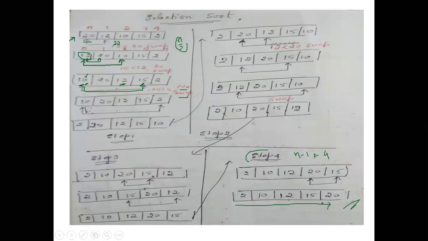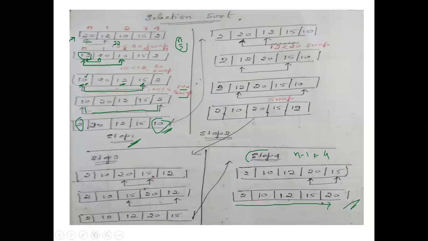Next, again compare 10 with the next element 2. Now again you can see compared to 10 and 2, 2 is small, so swap the elements and get 2 here and 10 in this position. So this completes your first step because we have reached the end of the elements. Okay, go to the next step.